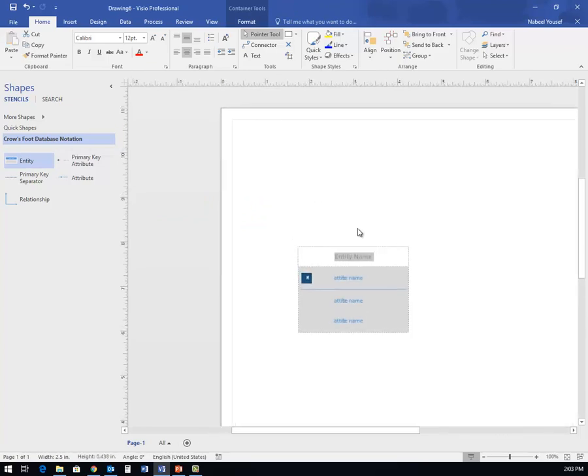You click on the name and you can change the name, so we will write student entity, and we can change the attribute and write student ID, and then you need first name, you need last name,